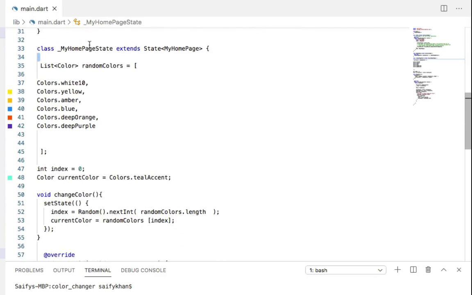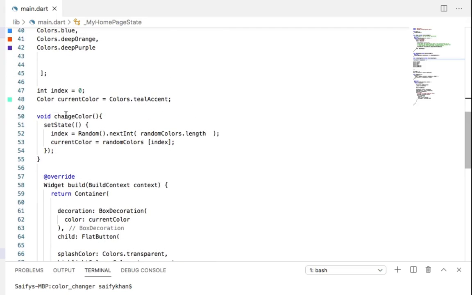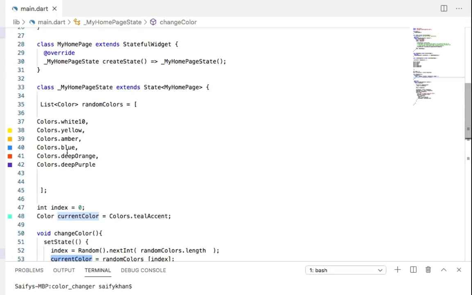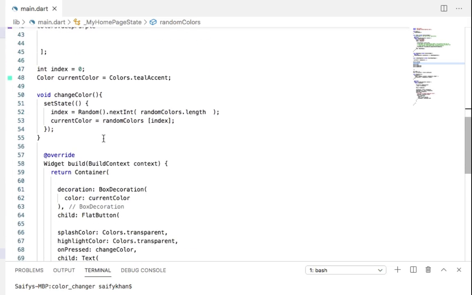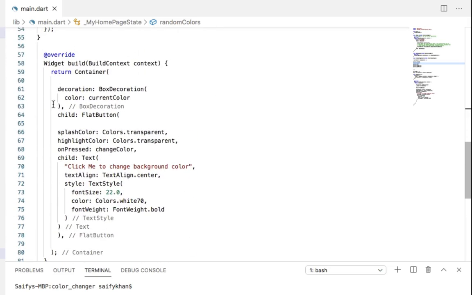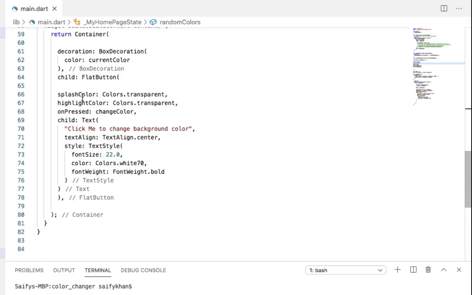Then I have another class whose name is MyHomePageState. From here I have a list of random colors. Okay, and then there's a function. In that function I am using a random number generator, and with the help of the random number generator I will pick one random color from the list of colors. This function is for designing.